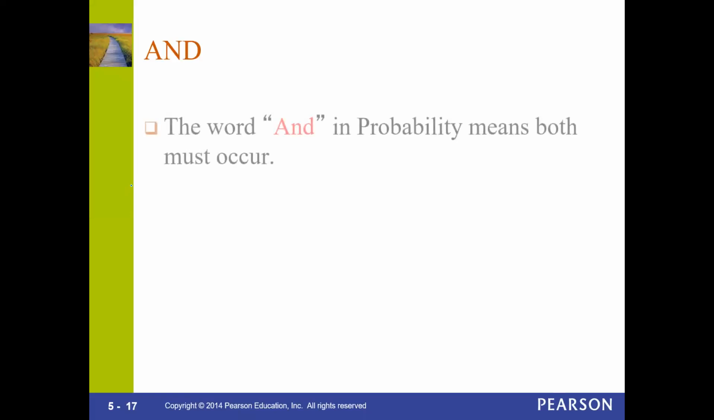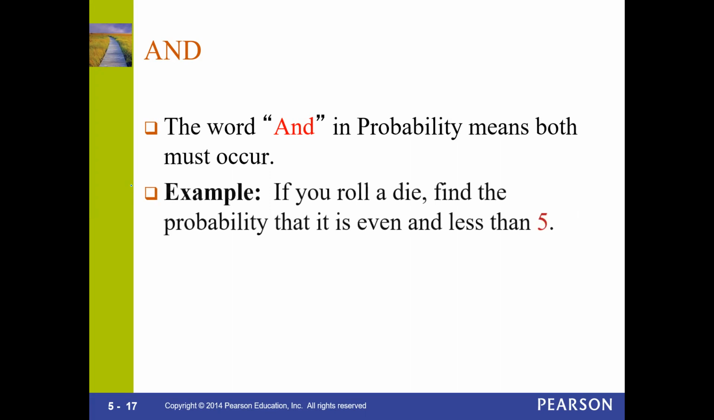Now let's talk about something called "and." The probability "and" means whenever you see "and" between 2 expressions, this is like a combined probability. It means both of them can occur at the same time. Okay. So an example is, say if you roll a die, find the probability that it is even and less